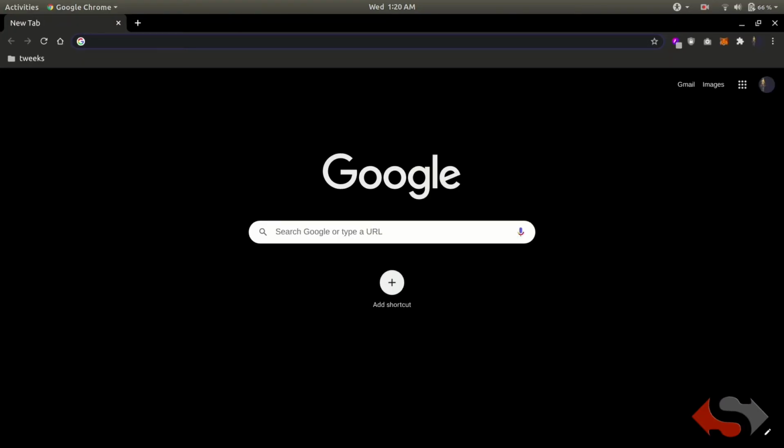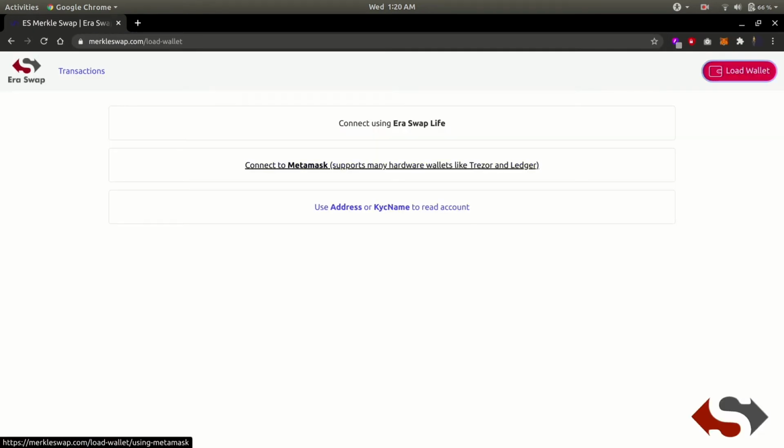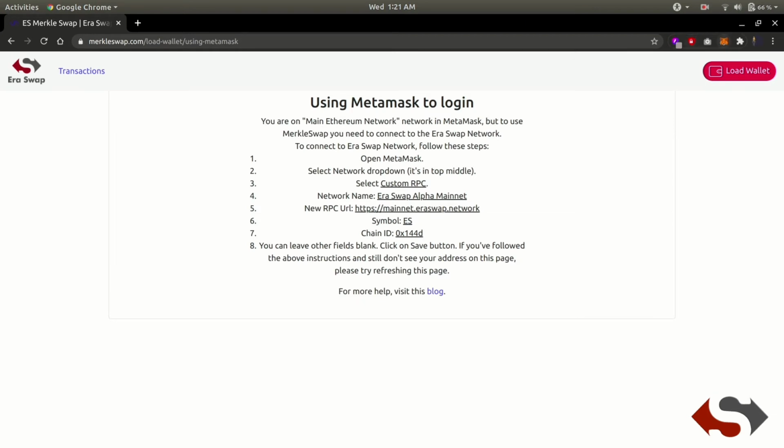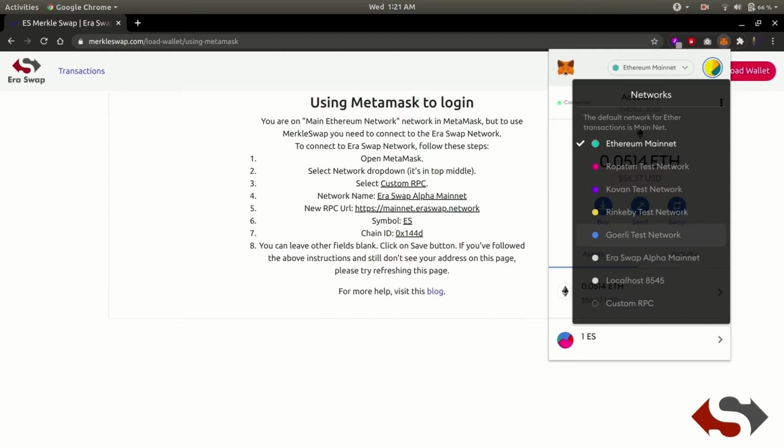We'll open a new tab, open Merkle swap, we'll load the wallet, we'll connect to Eraswap Alpha mainnet.